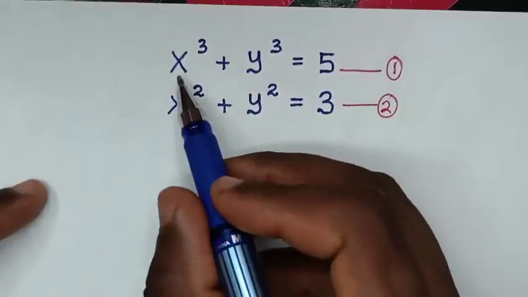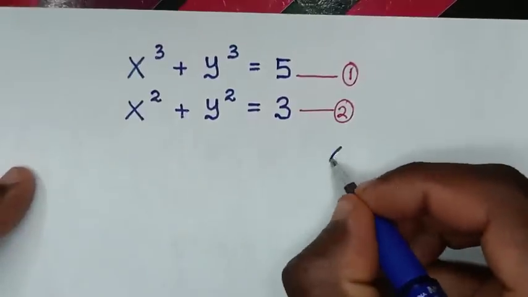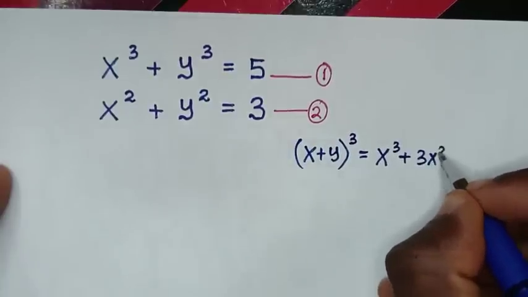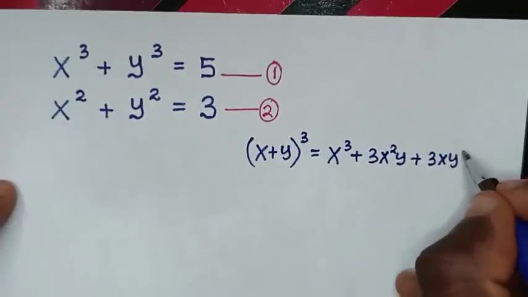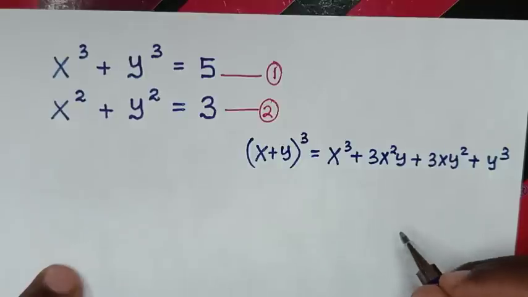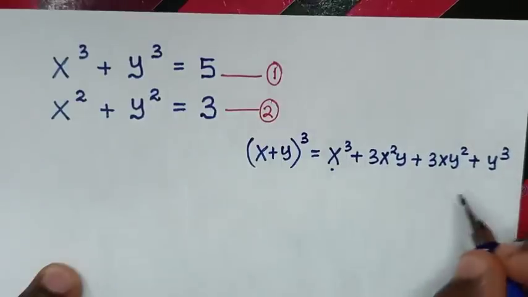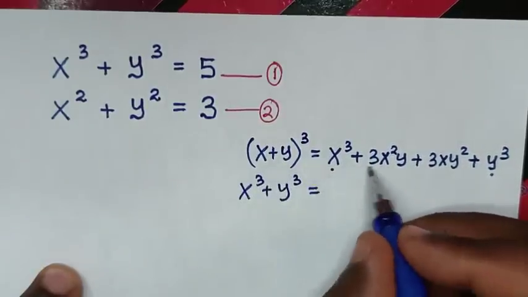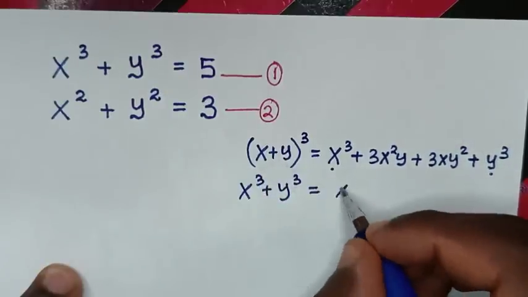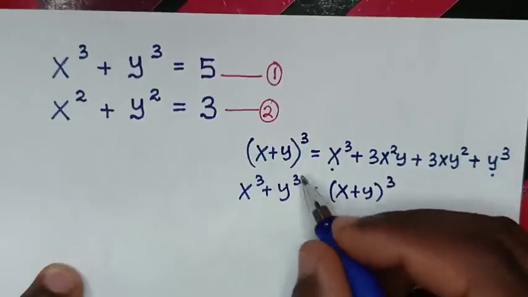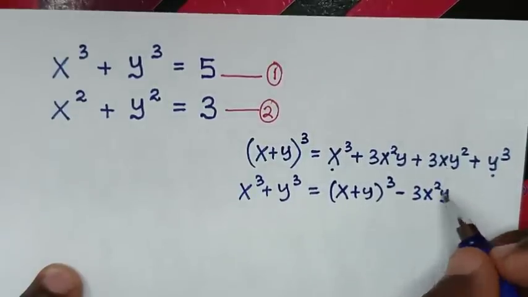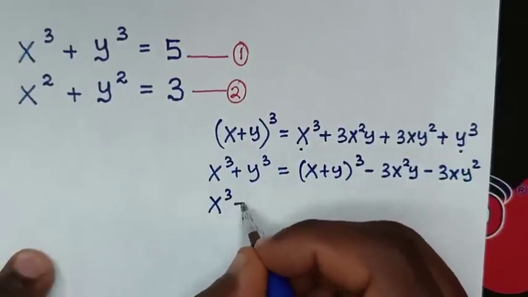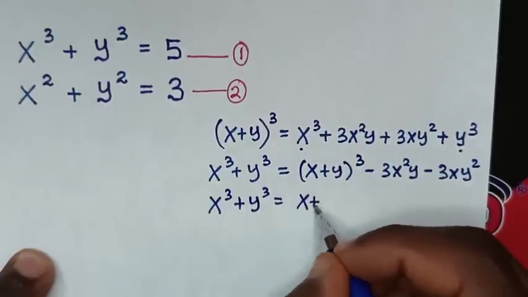Then from equation 1, in x^3 + y^3, we'll apply a rule: (x + y)^3 is equal to x^3 + 3x^2y + 3xy^2 + y^3. Now x^3 + y^3 is this part, so x^3 + y^3 equals (x + y)^3, then we take 3x^2y to this side, it will be minus 3x^2y, and we take 3xy^2 to this side, it will be minus 3xy^2. So x^3 + y^3 is equal to (x + y)^3